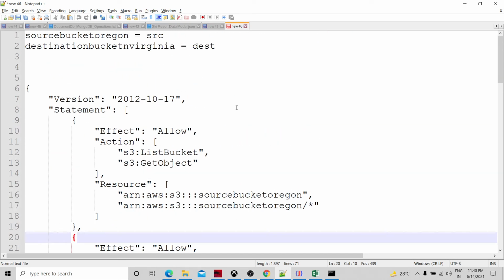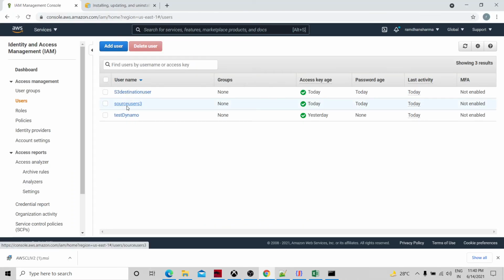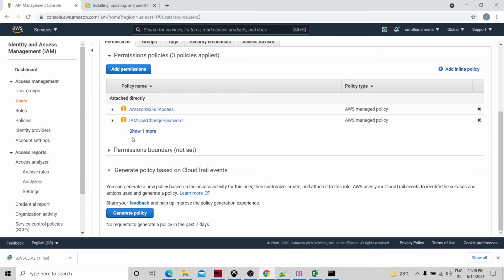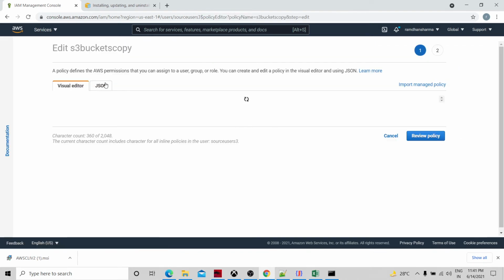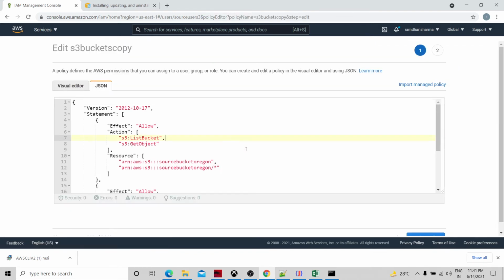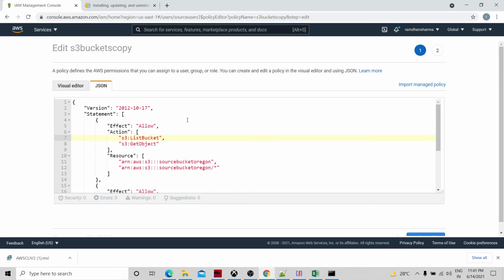If you look at this source user, the policy I was talking about, the S3 bucket copy policy, if you edit the policy and go to the JSON, I have supplied it over here. This is the policy for the particular bucket copy operation.